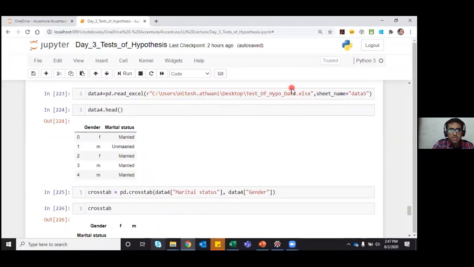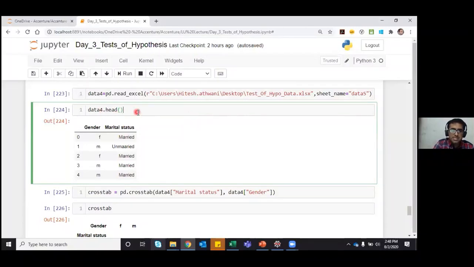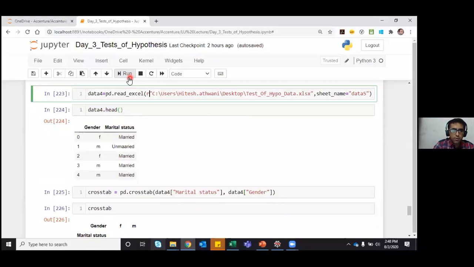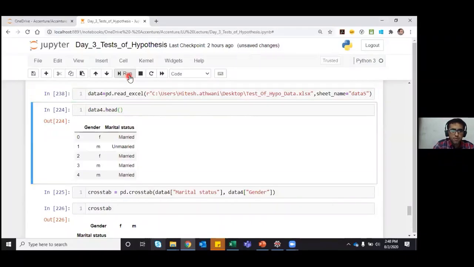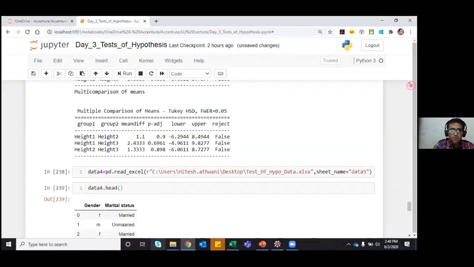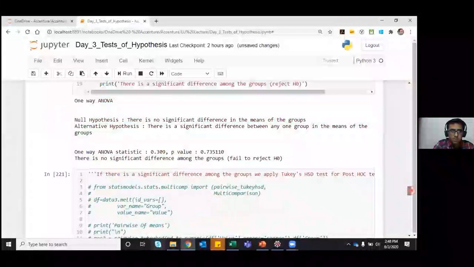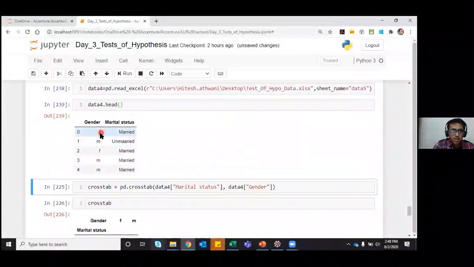Now you can quickly load the data that I have specified. The same data path, and we have the data 5 sheet. Just quickly paste it there. It's the same path itself, but in the data 5 sheet. And you can easily see it by mentioning data 5 dot head. When you load this, again in front of you, now we have two categories.